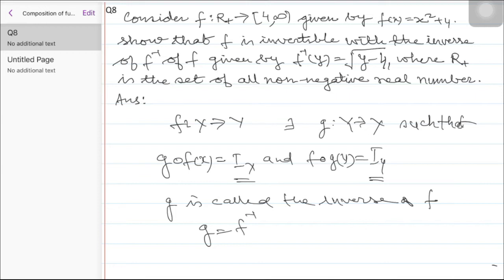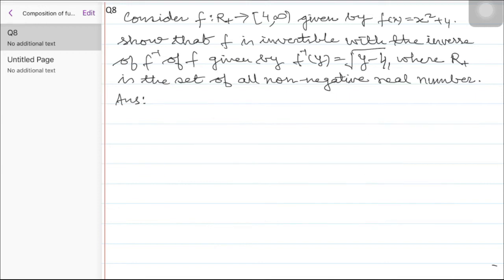The question is, consider a function f from r plus to close interval 4 to open interval infinity given by fx is equal to x square plus 4. Show that f is invertible with the inverse f inverse given by f inverse y is equal to square root of y minus 4, where r plus is the set of all non-negative real numbers. चलिए इसको सॉल्व करने की कोशिश करते हैं।